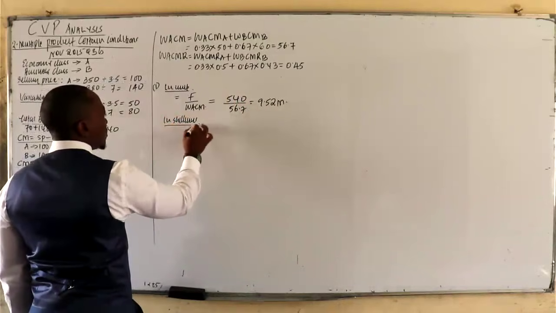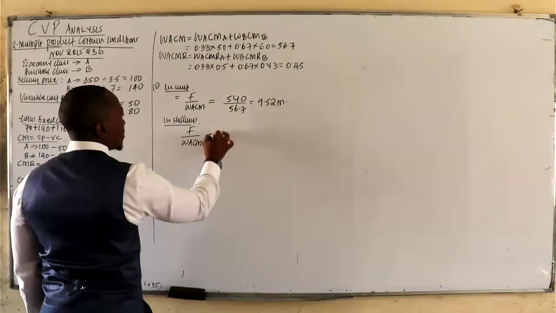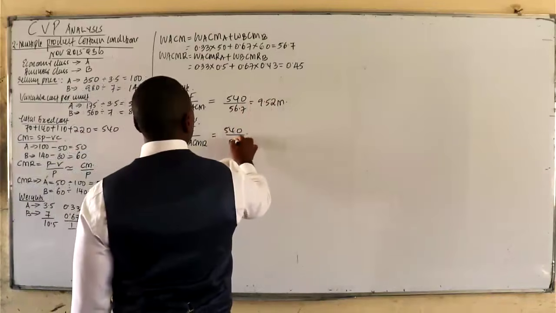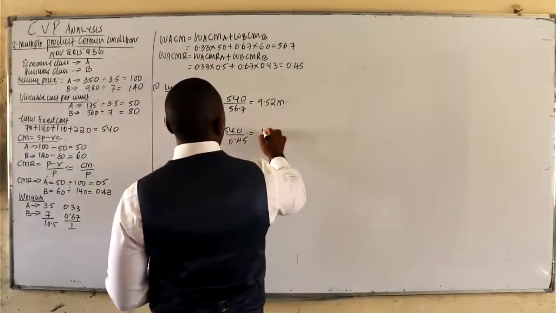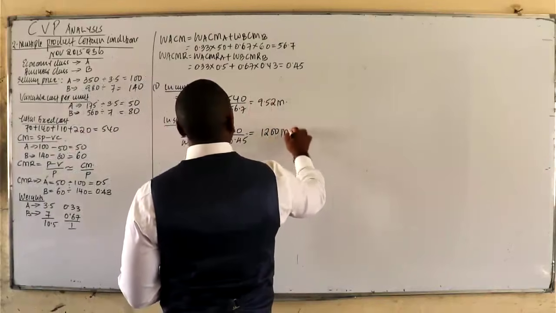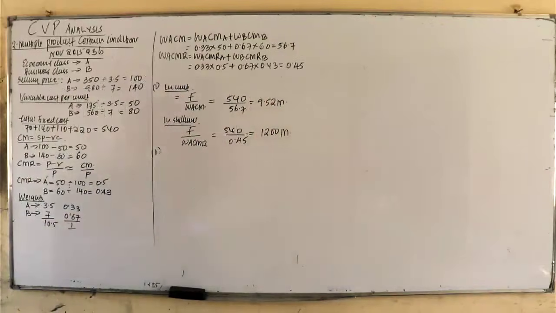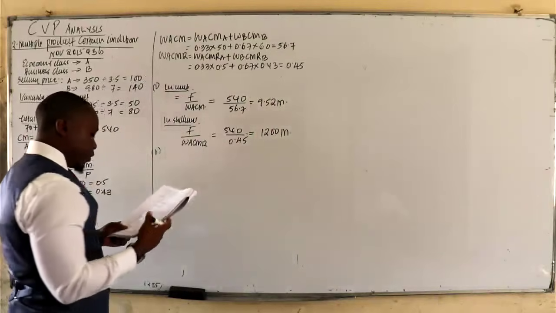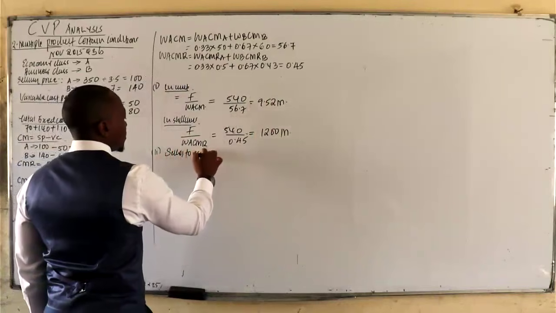Then we get in shillings. To get in shillings, we take the fixed cost over the weighted average contribution margin ratio. So it's 540. And now the weighted average contribution margin ratio is 0.45. That's 1,200. Number two. And the total sales required to earn a revenue of 300. So how do we get the sales to earn the target revenue? Sales to earn